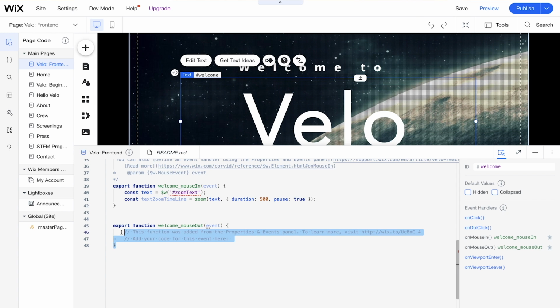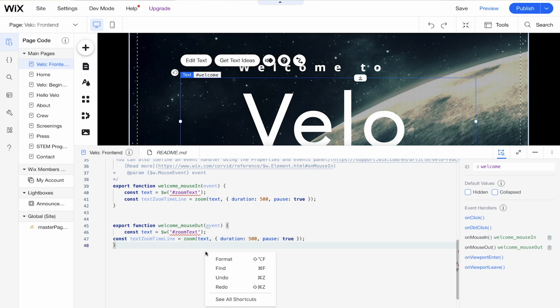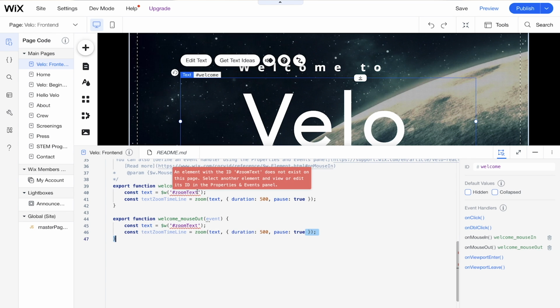All right. So I'm going to actually use the same code as well, format. And the great thing about Velo packages, it already comes ready with everything you need to do without the same idea of the element you're selecting, because there's no way for them to know exactly what elements you have on the page. But this is a great starter code for you to get up and going. So we're here to welcome.